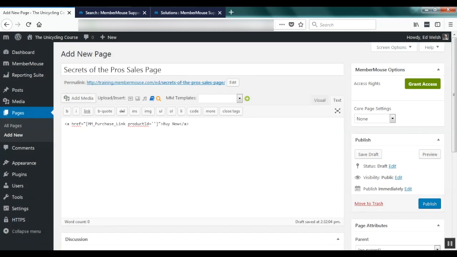Now one note here, when you're working with Smart Tags, it's a good idea to work in the text version of the WordPress content editor so you can edit the code directly. So here you can see we have our Purchase Link Smart Tag, and then it has a product ID attribute with empty quotes. So you want to click your cursor inside those quotes because what we're going to do next